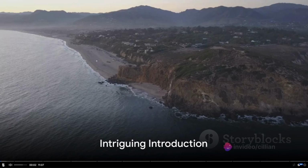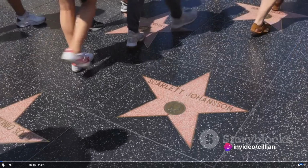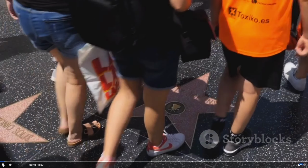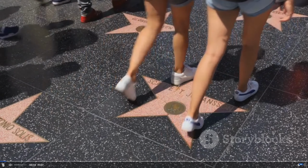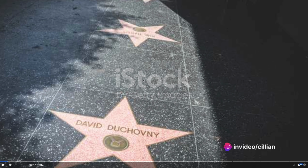Have you ever wondered what the top 10 places to visit in California are? Well, the Golden State is a treasure trove of diverse attractions, each more tantalizing than the last. From the sun-kissed beaches to the towering redwoods, The glitzy So as you can see, it created a script, a